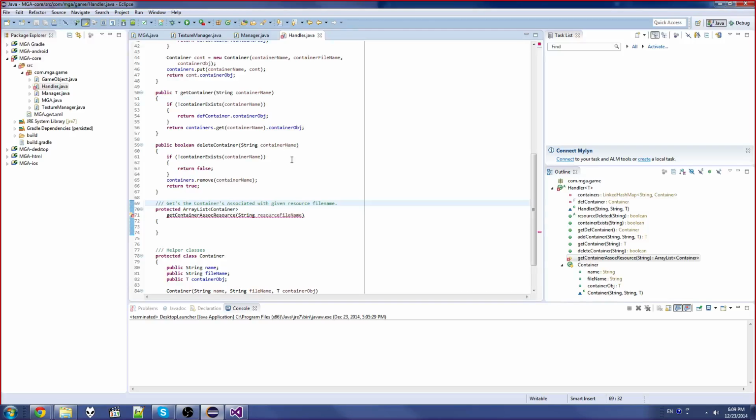Wait, so a container associated resource isn't, why can't you just pass it by reference? Hold on, pass by reference variable? What do you mean? Because you said something about texture or container changing from the sprite or something. Well, the thing is,